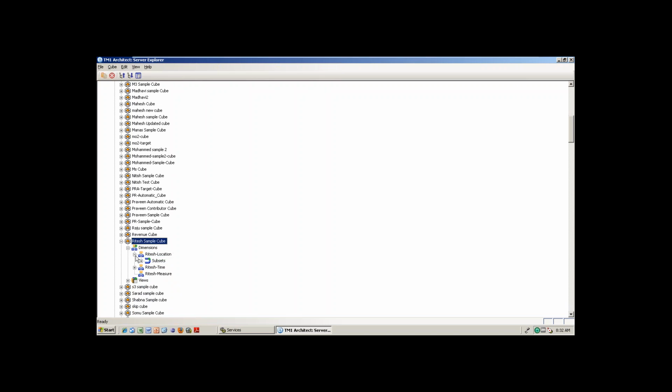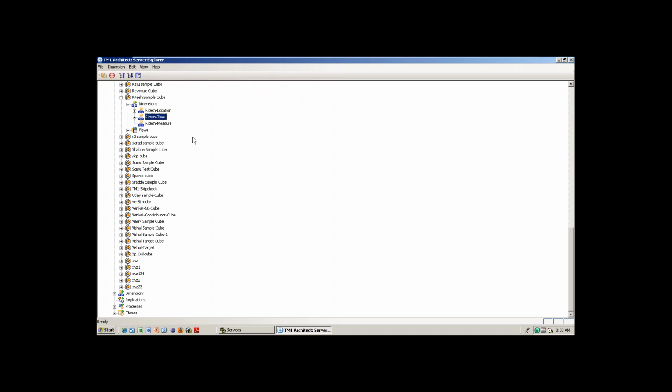No. This cube is a combination of these dimensions. So I'm changing in the dimension. If you are changing here, or you directly go to the dimension, it is the same concept. Exactly, because only this copy will be there in the cube also. So if you are changing in the cube, I'm not changing the cube, I'm changing whatever dimensions are in that cube. So if I'm changing here or you go to the dimension and change there, it's the same concept, because wherever the dimension is used, it will reflect everywhere. Yes. Any questions? Okay.